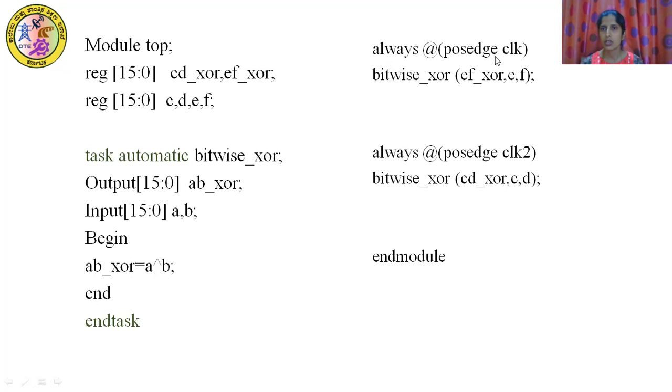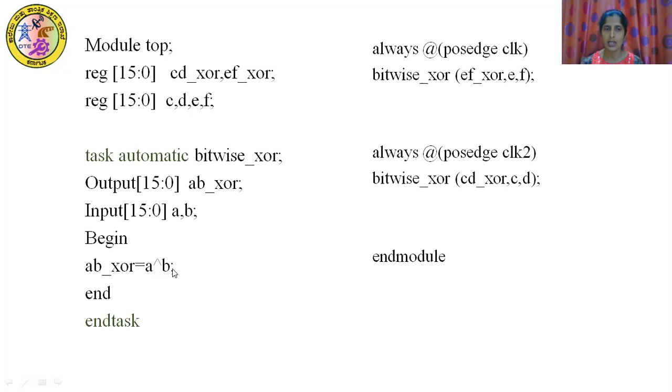Bitwise_XOR, the output argument here is EF_XOR with the inputs E and F. And here the inputs are C and D. So when two concurrent task calls are made to pass the values EF and CD to AB, so now what